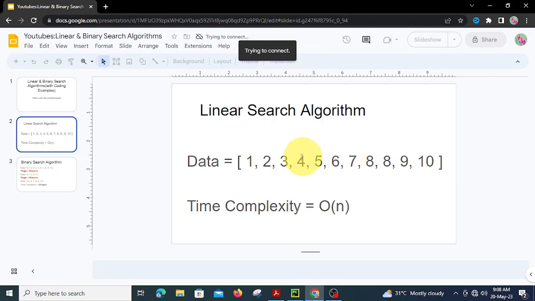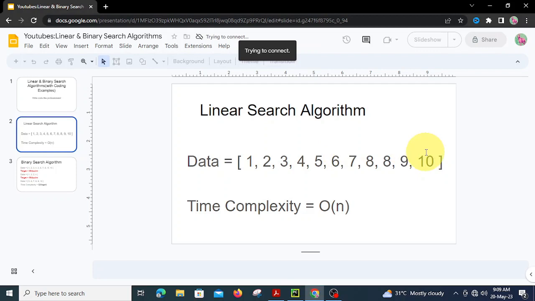The best case scenario when you are using linear search is if the value you are looking for is 1, 2 or 3, that is, close to the beginning, then you can easily get that value. But imagine you are looking for a value at the end of your data set, then your algorithm is going to take a longer time to get to that part,